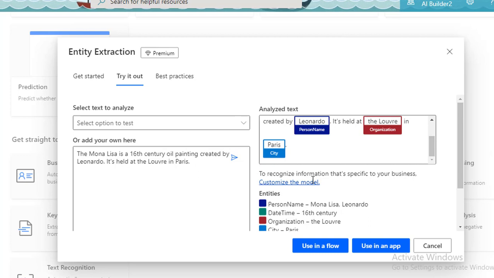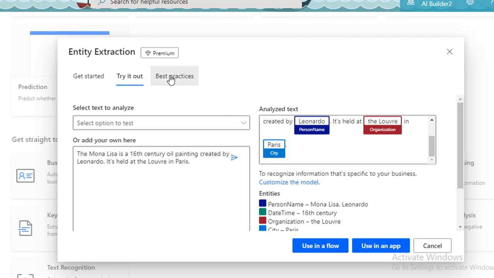All right. Now, if you see over here, I also have the customize model. When you click on this customize model, it will redirect to the same model which we want to customize by using our entity extraction model, which I have shown you over here. All right. Now, I will explain this customized model for the entity extraction framework in some other session. Right now, we are going to work directly with this entity extraction pre-built model.